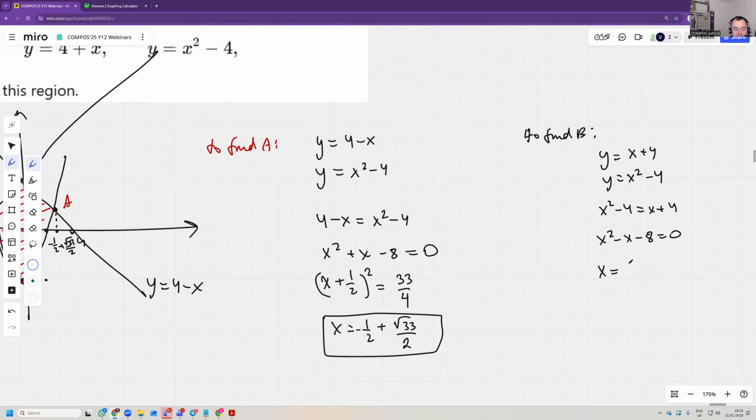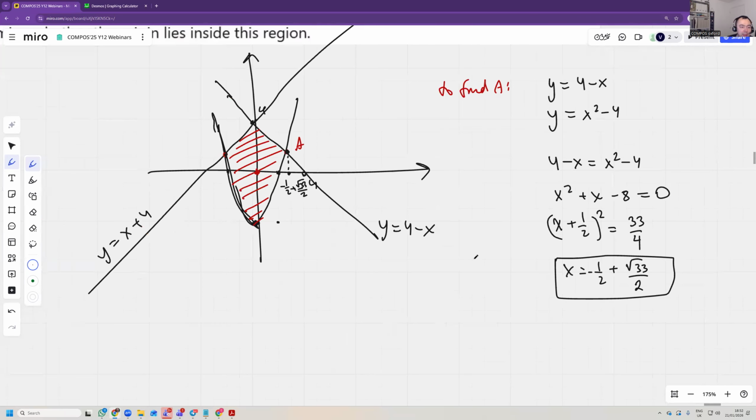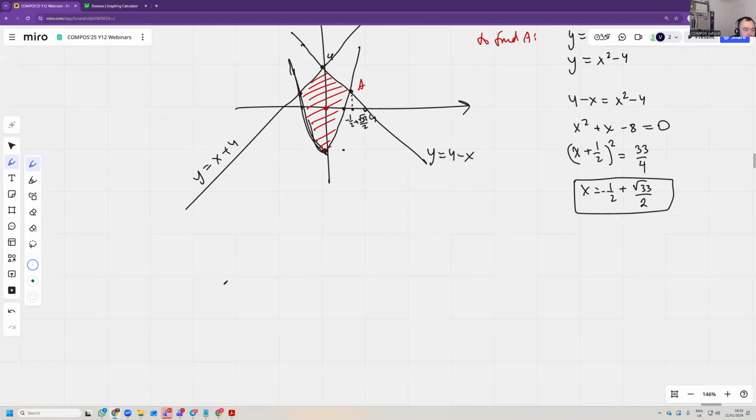So x is a half minus root 33 over 2. Okay. And the area is the integral from a half minus root 33 over 2 to 0 of